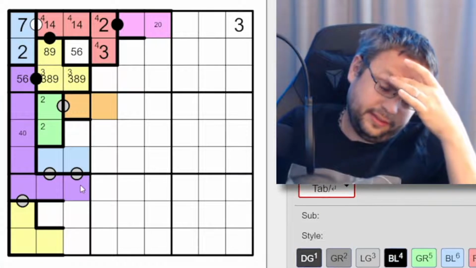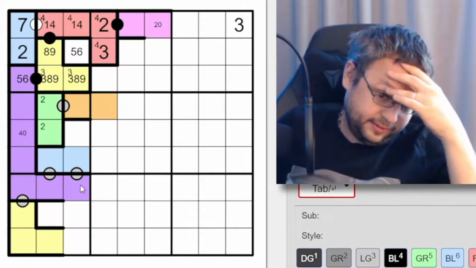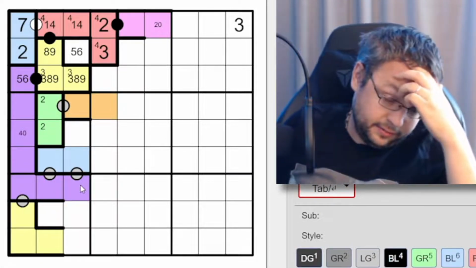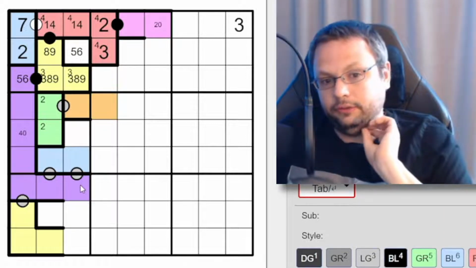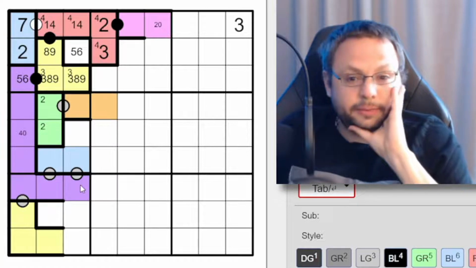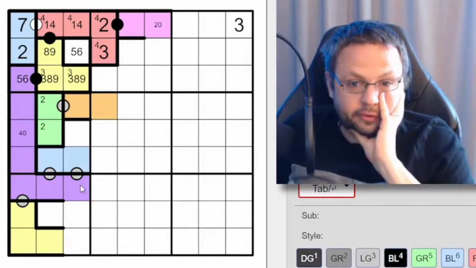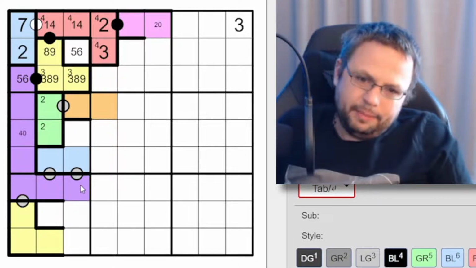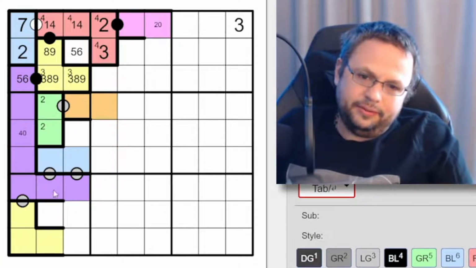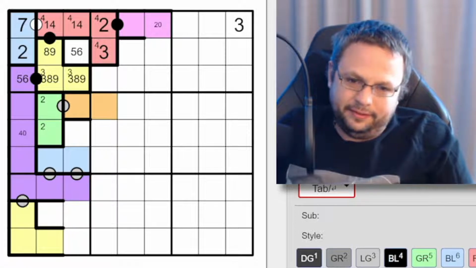So as it currently sits, purple now has size 7. So purple is either 7 cells missing a 1 and a 4, or missing a 2 and a 3, or it is 8 cells missing a 5. Those are the only options. I'm looking at these dots now, and I'm noticing that the problem with these dots is that they are